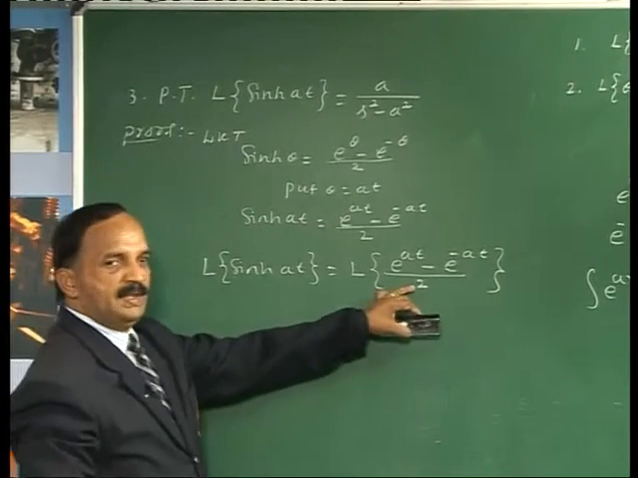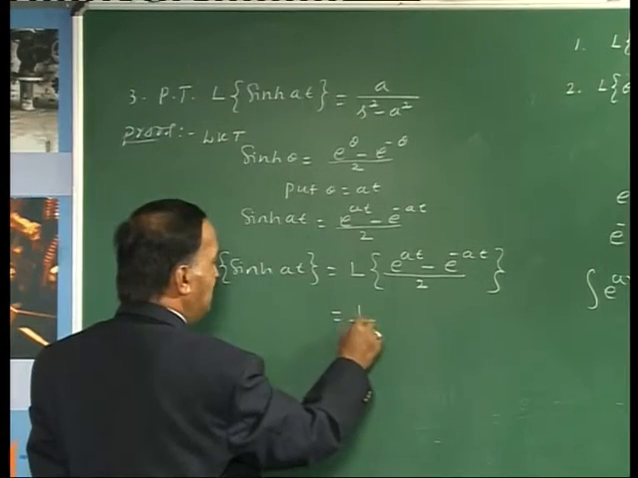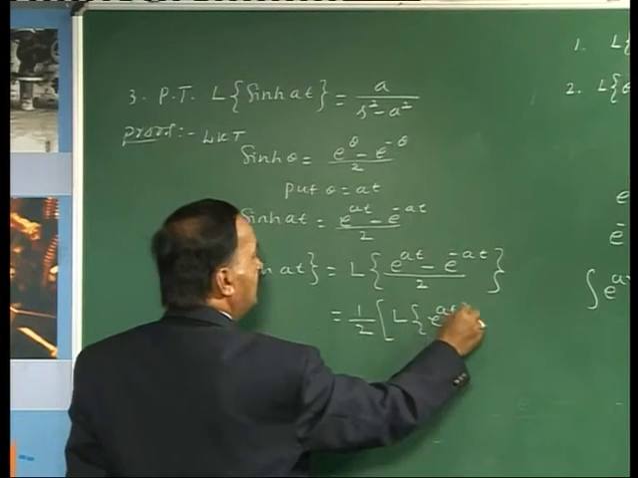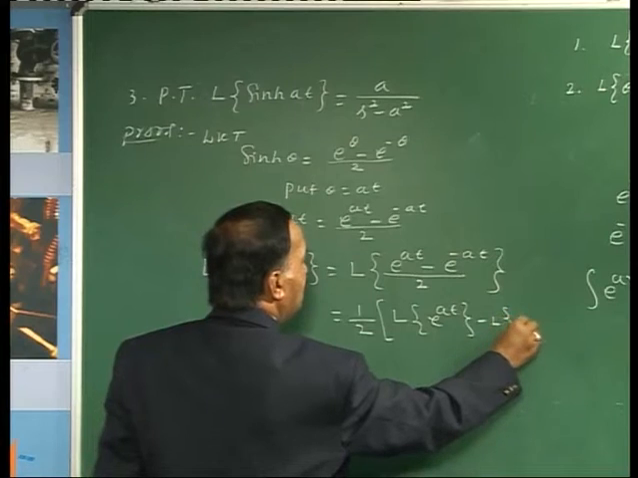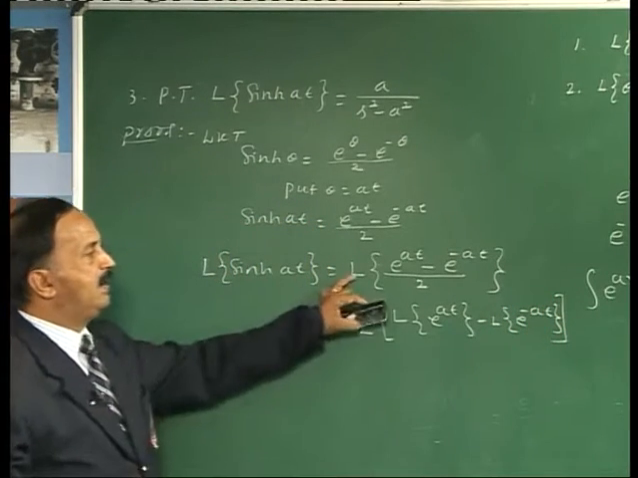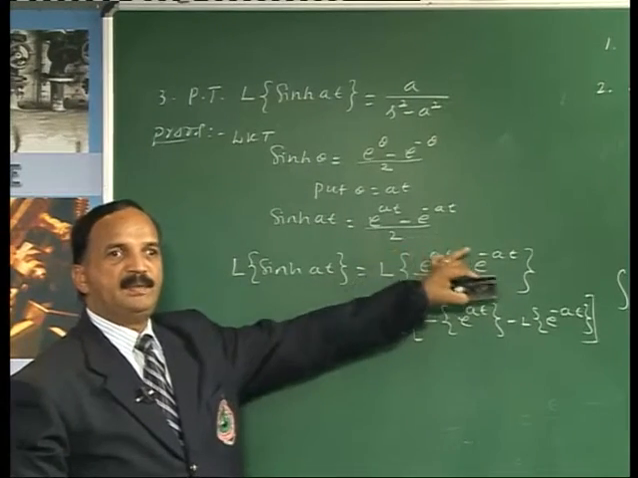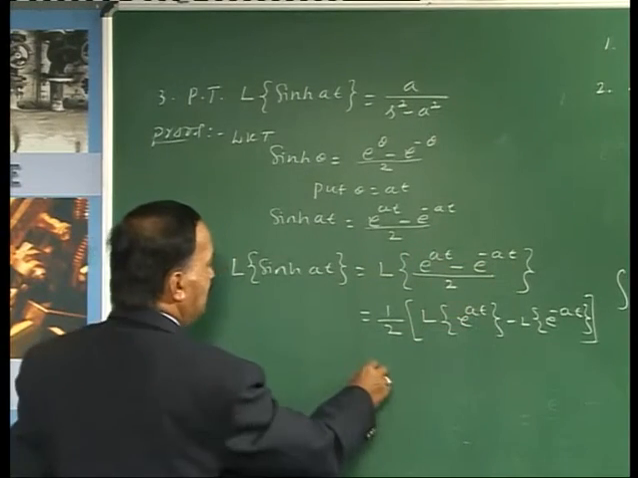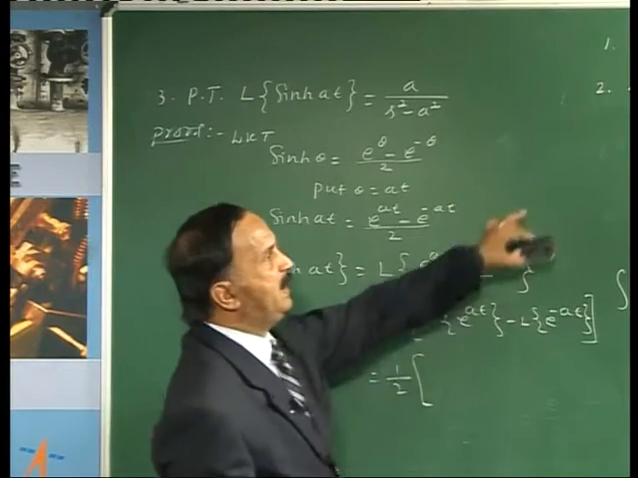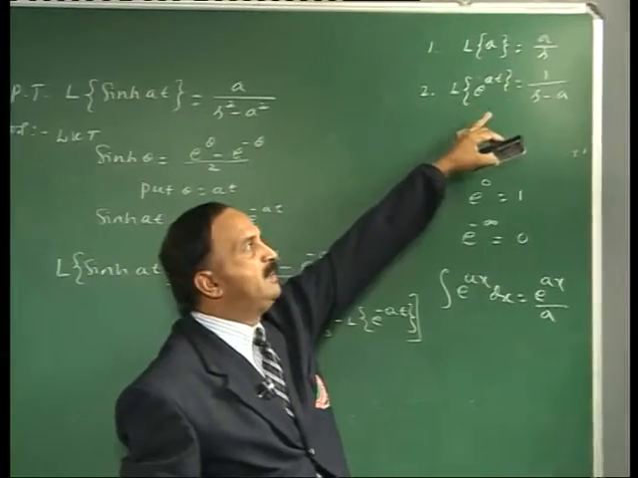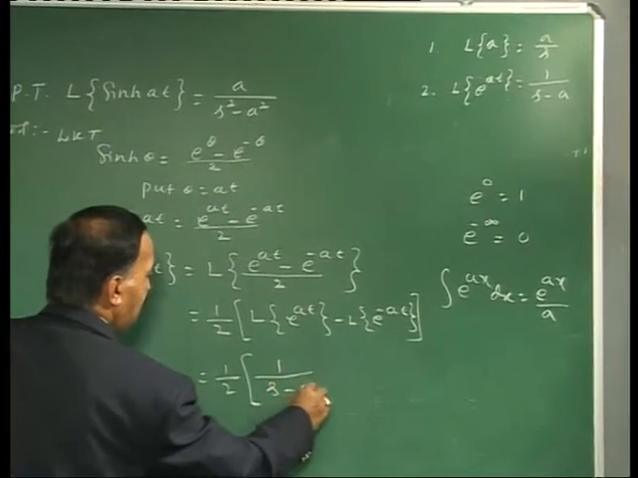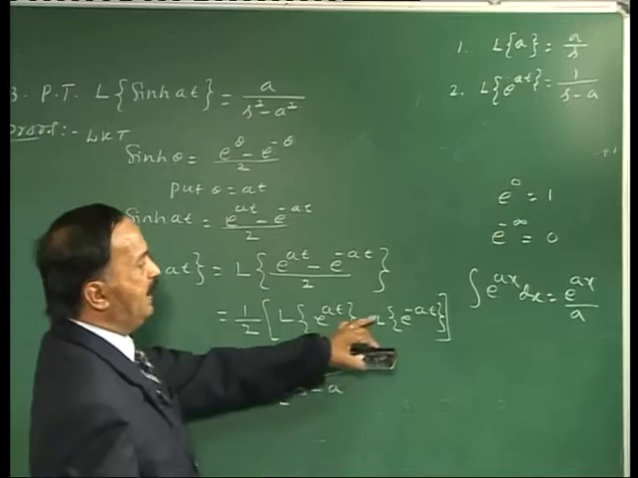One by 2 is constant, we can take outside. That means this is 1 by 2 into L of e to the power of at minus L of e to the power of minus at. That is equal to 1 by 2 into, we know L of e to the power of at is 1 by s minus a. So by using the previous result, 1 by s minus a minus,